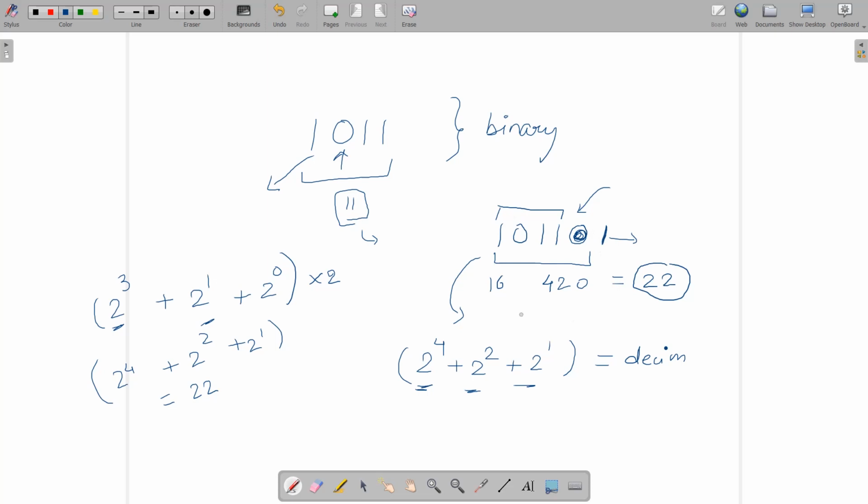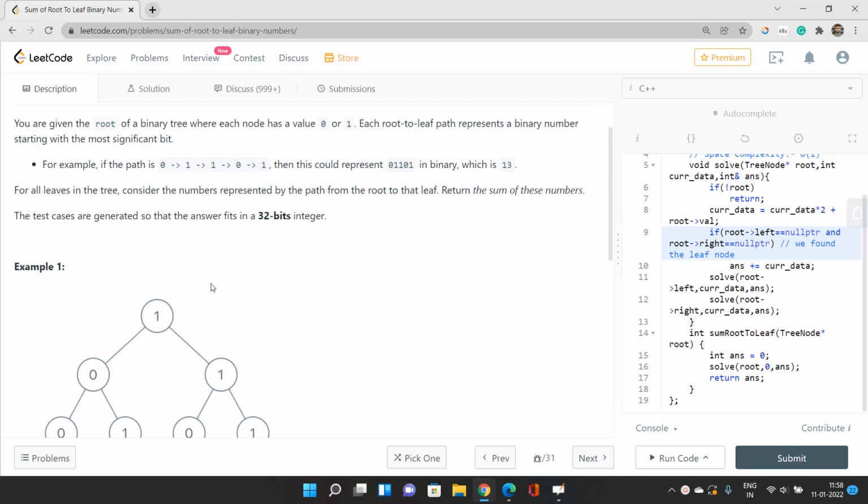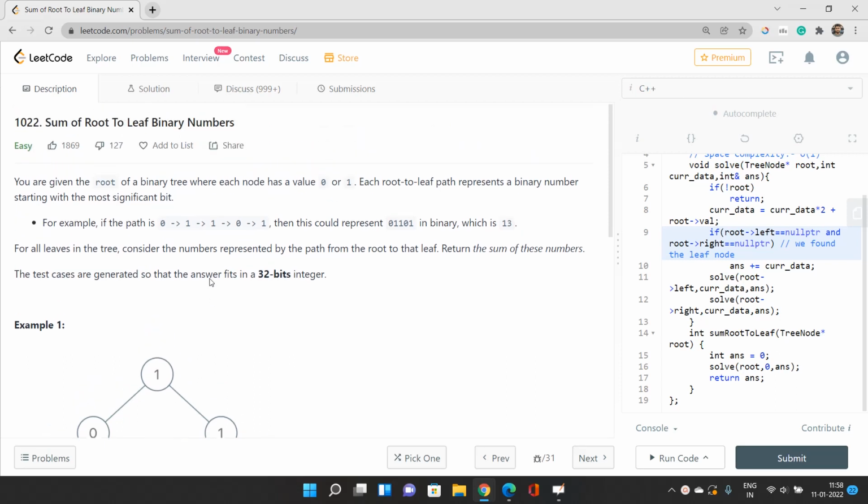Now, what about if we append 1 over here? Nothing will change much. Let's say the previous value is stored in a previous variable. It will be multiplied by 2, plus the extra bit comes at the 0th position, which is 2 power 0, so it will be previous value into 2 plus 1. The 1 comes only if we append a bit value of 1. Otherwise, if the appended bit is 0, my value will be previous into 2 only. This is the concept I want to explain, and now let's see how it is applied in this binary tree problem.